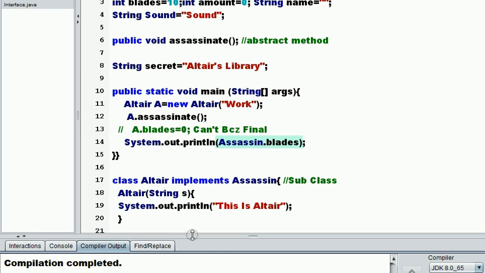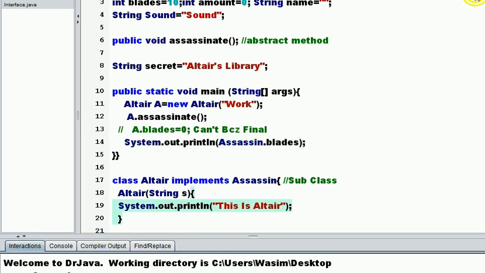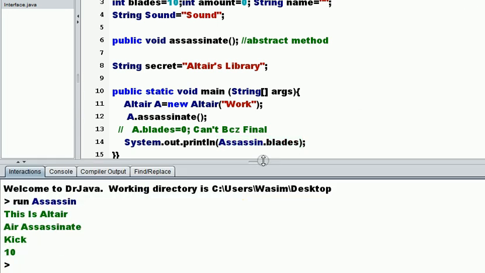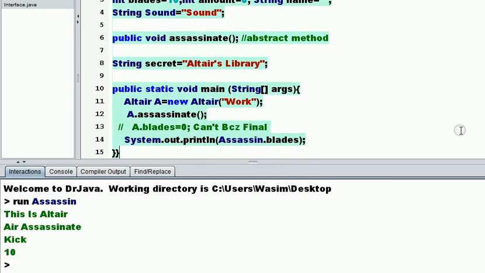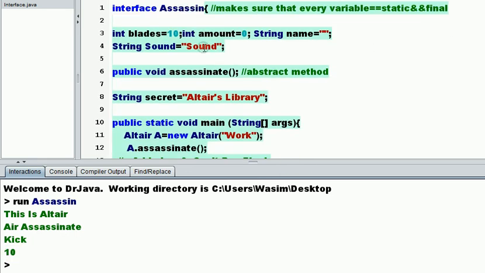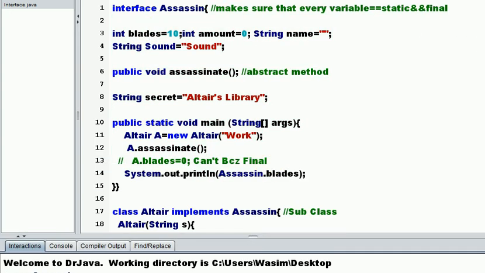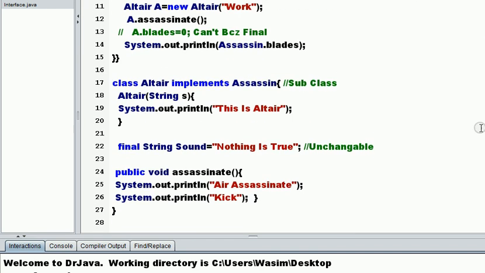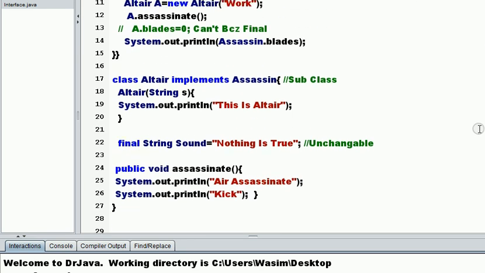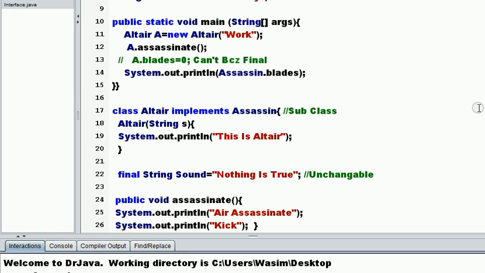There is not any error. Does it run? Yes, it does. Assassin.blades is 10 because I have set up 10 over here. So I have proved that interface values are static and final, and you cannot create an interface object, and you can inherit multiple interfaces. You cannot extend from multiple superclasses. You can only have one superclass, but you can have many